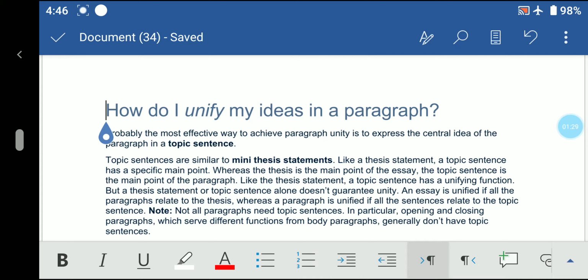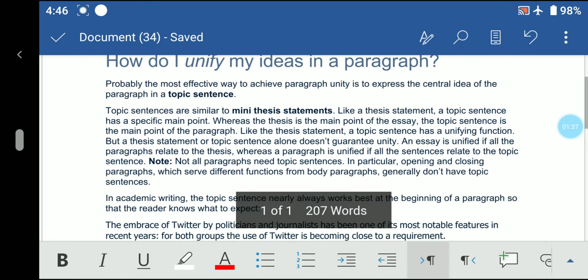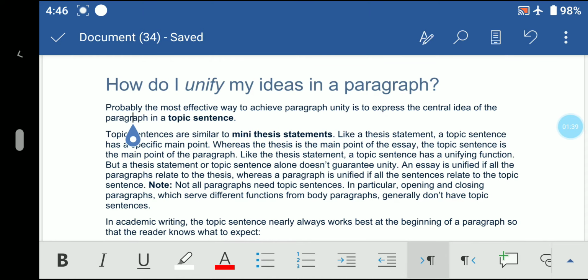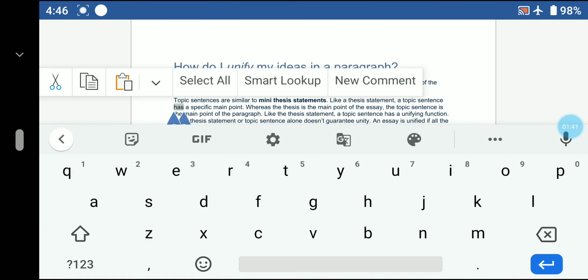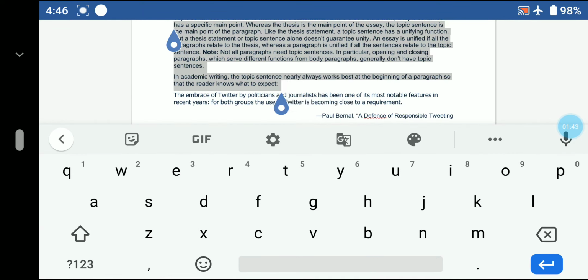So what should be the first step? The initial step is to select the paragraph that you want to change the style of. Suppose I want this part of the topic to be selected.